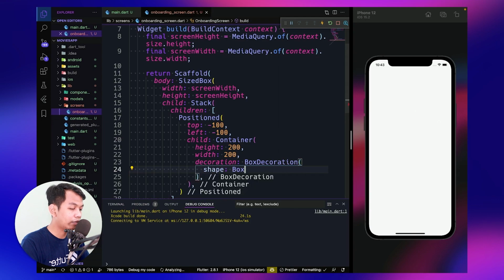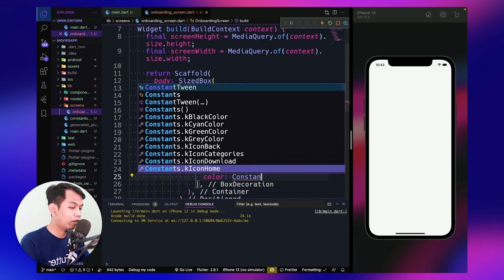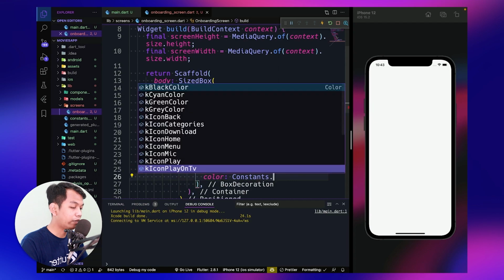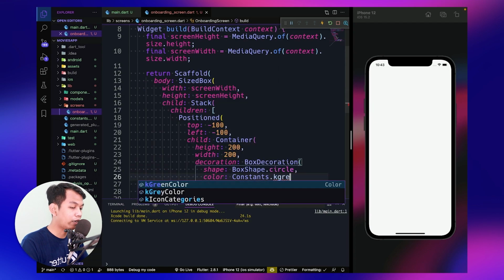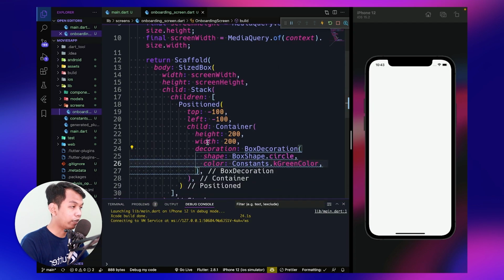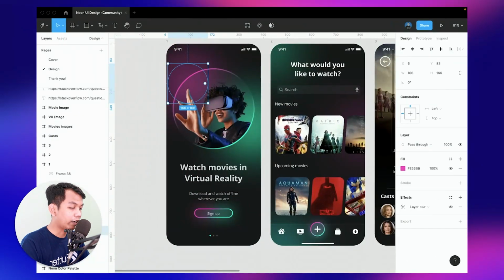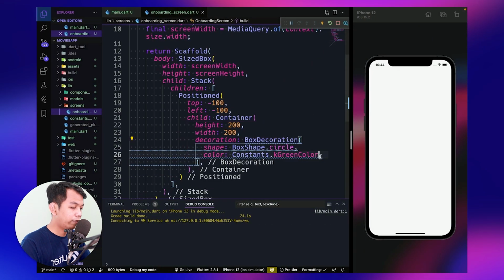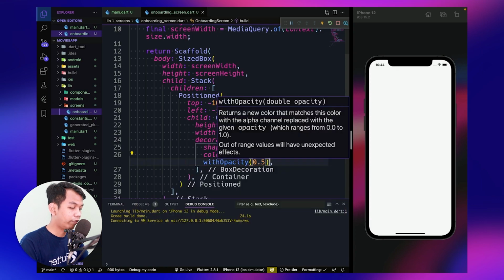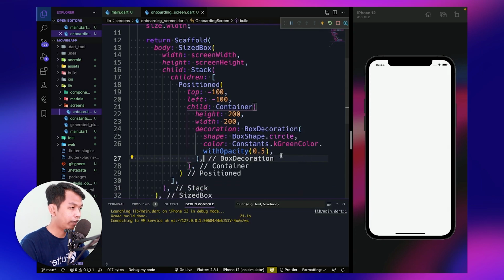For the shape, let's make it BoxShape.circle, and for the color, we call our constant file, which is constant.greenColor. You can check this file, and also let's check our Figma file again. Let's click on this green. Okay, the opacity is 100. So let's give this opacity 0.5, which is like 50%.